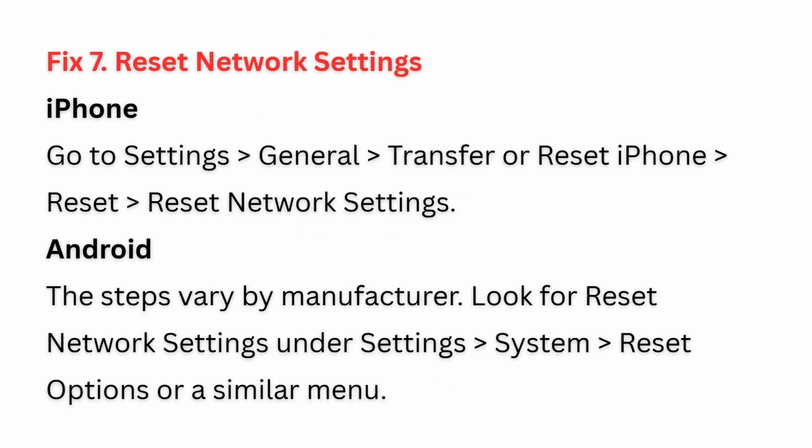Fix 7. Reset network settings. On iPhone, go to Settings, select General, and then select Transfer or Reset iPhone. Select Reset and then select Reset Network Settings. On Android, the steps may vary by manufacturer. You need to look for Reset network settings under Settings, select System, and then select Reset option or a similar